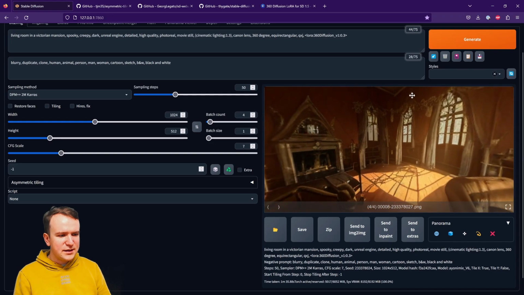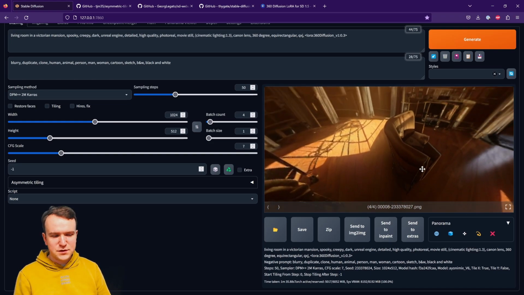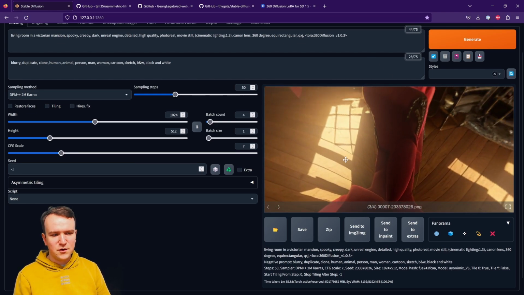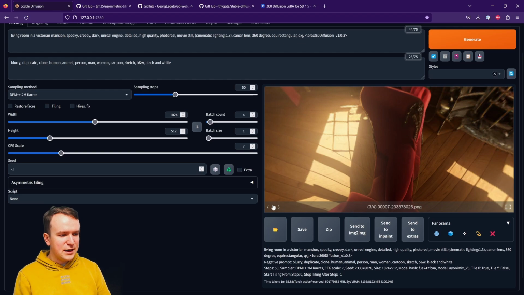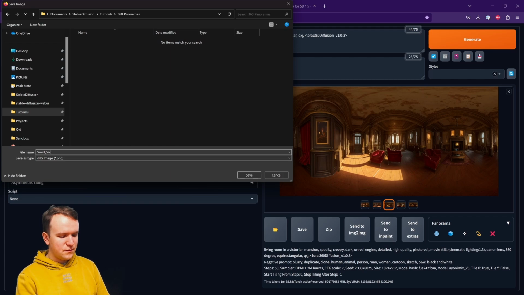Here as well, it's fine. It's very dark there. The furniture is a little too close for comfort to me. And here in 3, we're kind of sitting on the furniture, so also not a good option. I personally like number 2 the best. So what we're going to do with number 2 is I am going to save this image as small Victorian mansion, because of course we're not done.